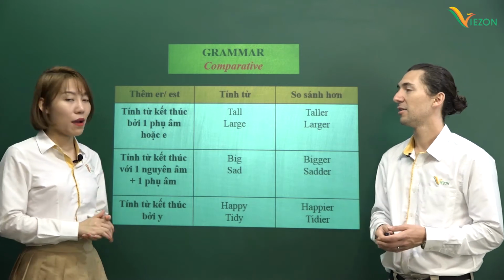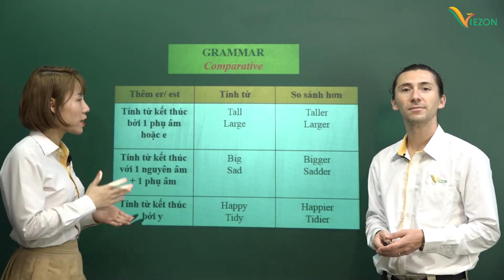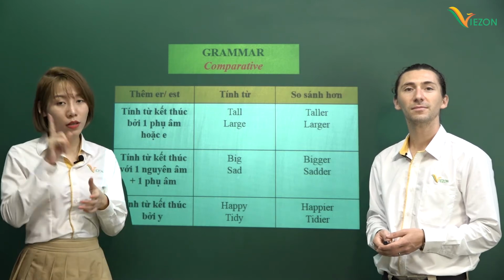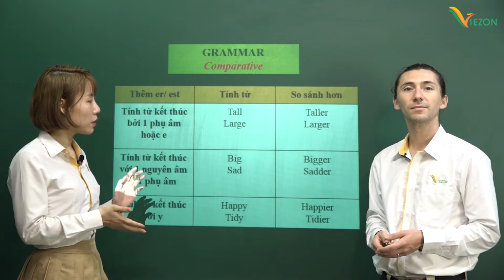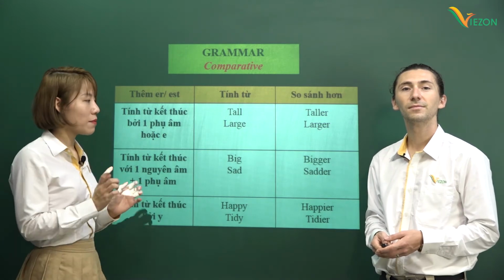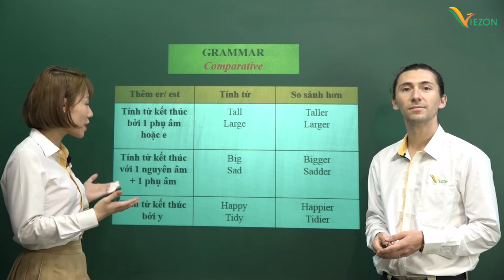Teacher Hien: Bây giờ mình đến với quy tắc đầu tiên của việc thêm er. Thứ nhất là gì với các tính từ ngắn. Vì làm sao phát âm ở đây là một âm tiết thì mình sẽ có gì thêm er như bình thường. Tuy nhiên với những từ kết thúc bằng đuôi y thì mình chỉ việc thêm a thôi, như ví dụ large chuyển thành larger. Còn với quy tắc tiếp theo thì làm sao?